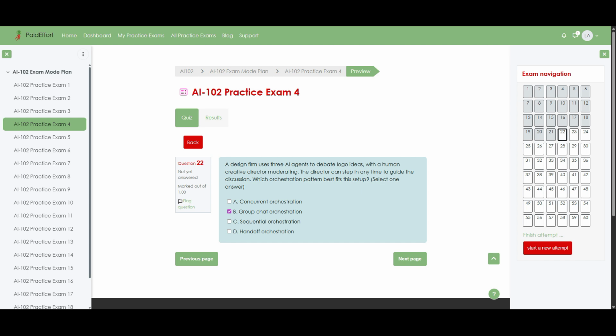I will walk through why group chat orchestration is the best match for this scenario. Firstly, the setup describes multiple AI agents talking with each other about logo ideas, while a human creative director can join or steer the discussion at any moment. And that is exactly what group chat orchestration is designed for: a shared conversational space with optional human participation and